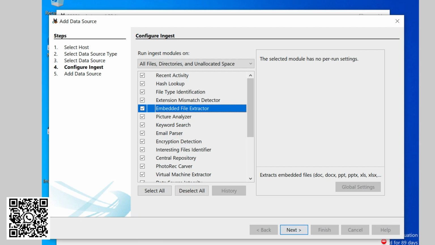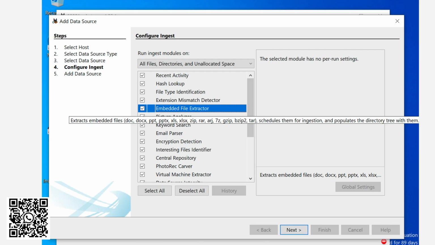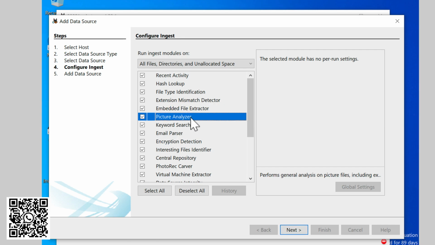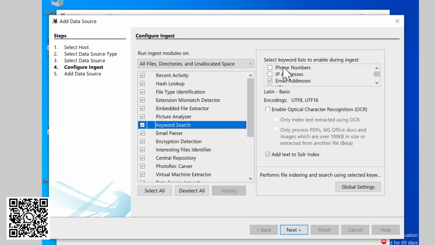Now the next type is basically that allows you to extract embedded files. So for example, there are RAR files, that is really important. The next module is called Picture Analyzer, and it is a really good module because it allows you to analyze the metadata of a picture, like location inside an image, from where it was clicked. iPhones have a lot of information inside the image.